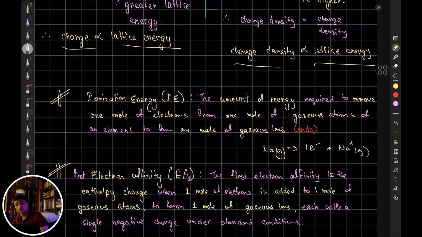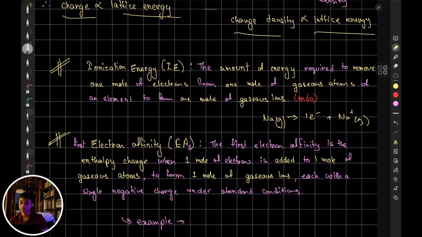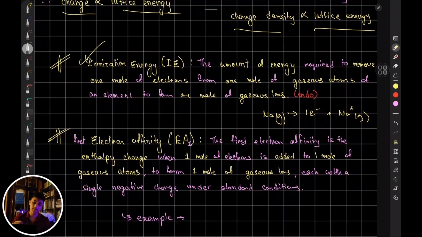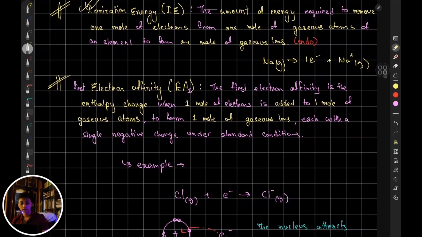So what do you need for ionization energy? Your condition is you need to make sure that it has gone through the process of being a gaseous atom, right? So that is ionization energy: turning a gaseous atom into a gaseous ion by taking away 1 electron. Fair enough. Next, we have again a new term,